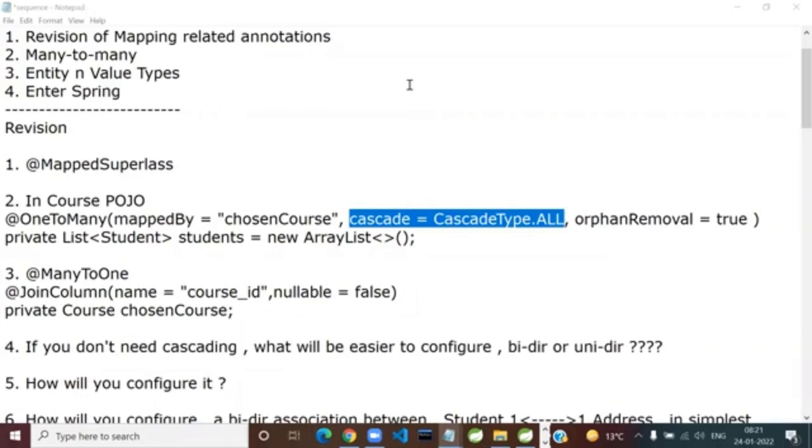I'll repeat my question. I think people got it, but it's not only for 10 of you, it's for everyone. I said, listen to the question. No cascading. I have not supplied cascading, so it is CascadeType.NONE. So in that case, c is the course reference, let's say Java course. And when I say c.add(S1) and transaction.commit, will the student record get inserted in the database or won't? Answer that.